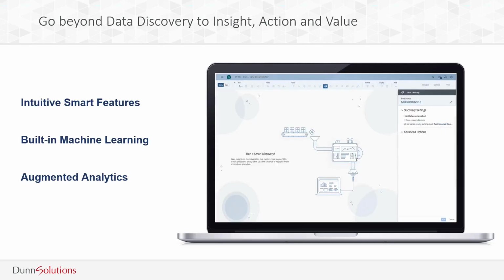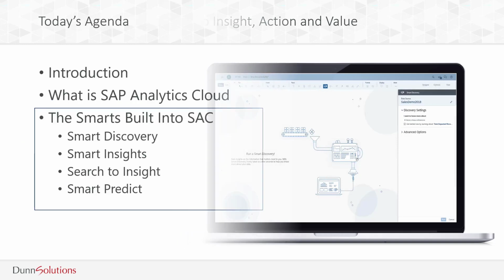Let me move into the world of augmented analytics. SAP Analytics Cloud is a completely different way of working. It brings the power of machine learning to the analyst and the citizen data scientists. Intuitive smart features use advanced machine learning techniques to quickly move from business question to insight to action, the analytics lifecycle. And regardless of their statistical knowledge, analysts of all skill levels can interact with machine learning insight and upskill to create their own predictive insights.